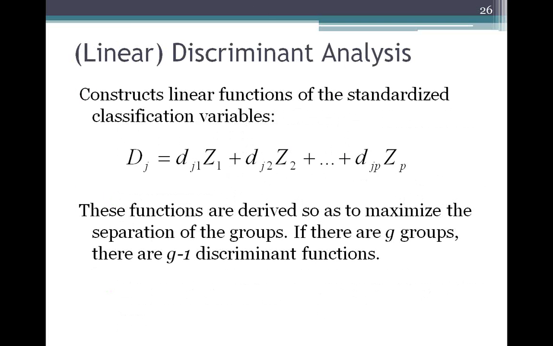Now, if I try to take my election data where I had some states that went for Romney and some that went for Obama, there'll be only two groups, so there'll be only one discriminant function. But I think you'll find that it's actually quite interesting. Now,